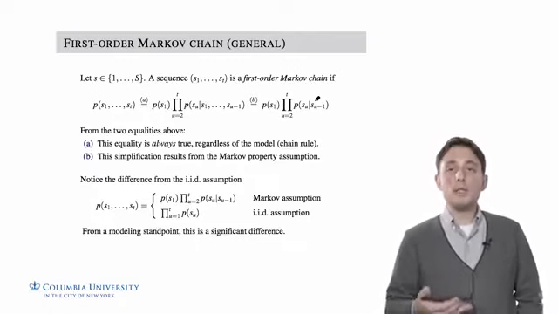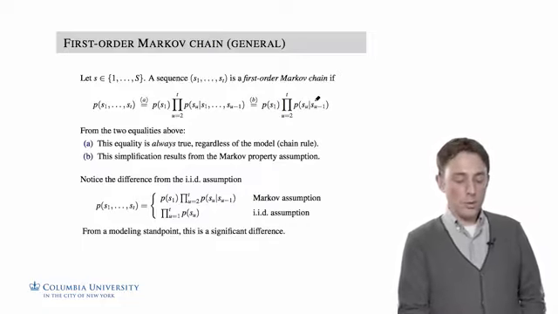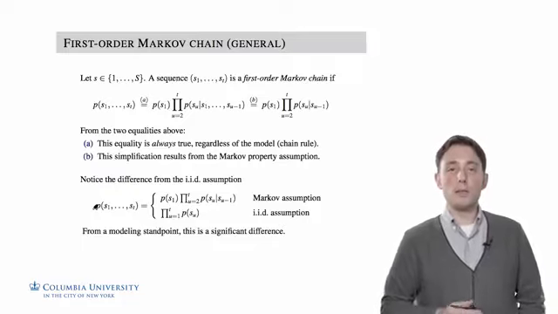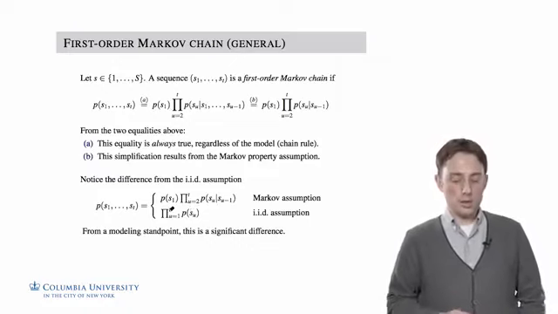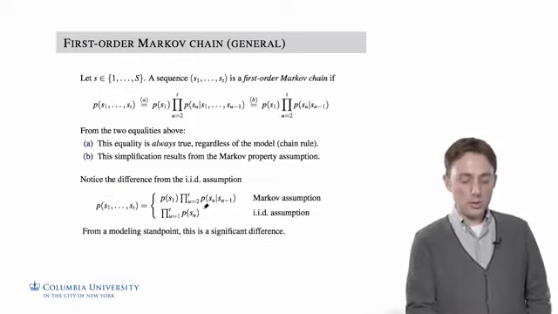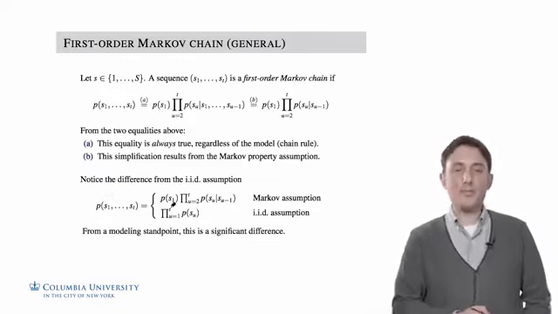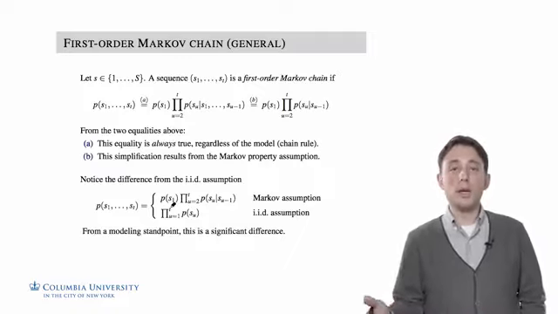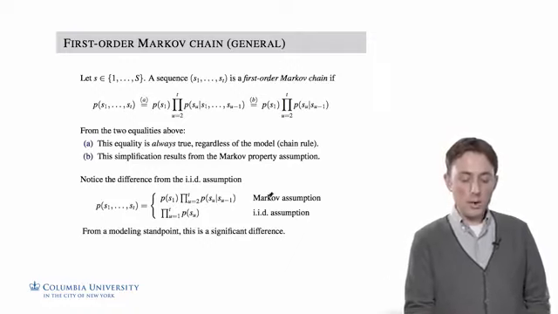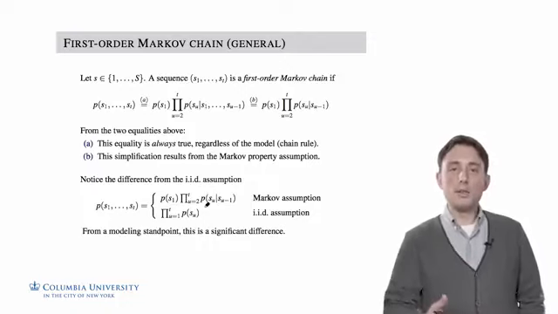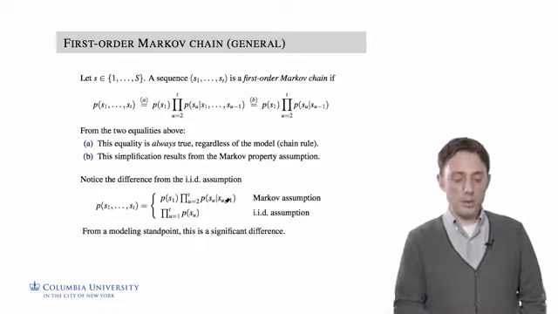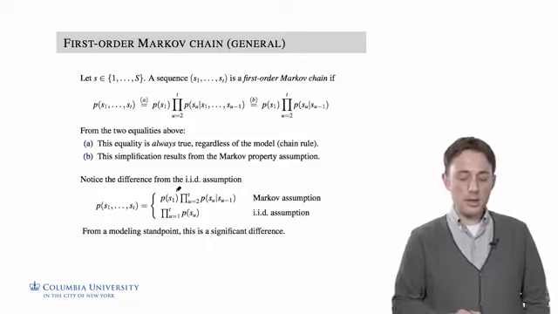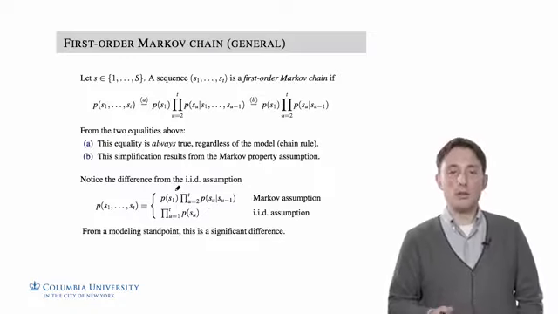So notice that this is a very simple modification of the IID assumption. For the IID assumption, we said that the joint distribution of t random variables is equal to the product of the distribution of each one individually. So this joint distribution, when we make an IID assumption, simplifies to a product of the distribution of each one separately or independently of any other point. Now the first order Markov assumption simply says that the distribution at a given time point is conditionally dependent on the value of the sequence at the previous time point. So this is the distributional assumption made by a Markov chain on a sequence